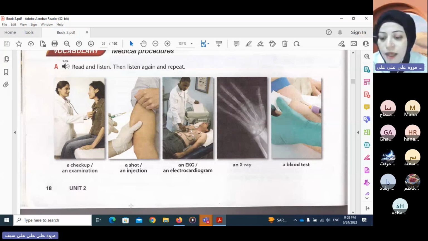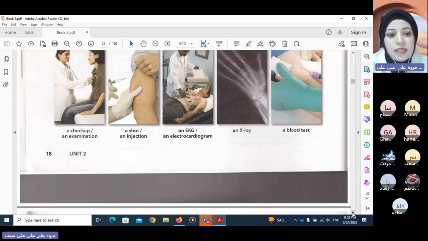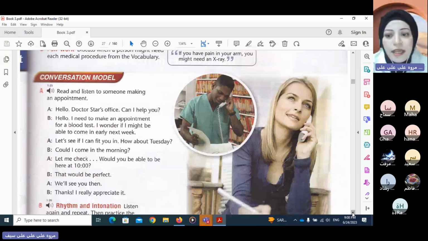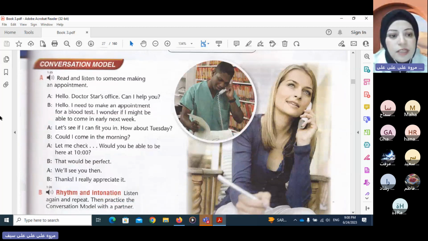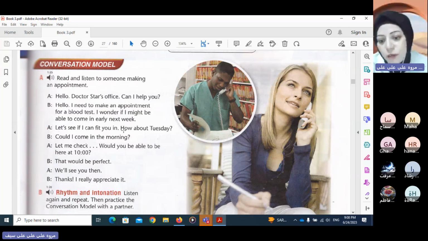Okay, now time for conversation. Have a look at this picture. We're having a conversation between two people here, two speakers. You are familiar, of course, with the practice of conversation, the role play that we all the time practice together. So we listen, then we speak. We practice the conversation model. We acquire the rhythm and intonation patterns of the conversation model.